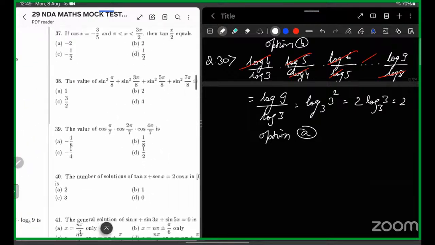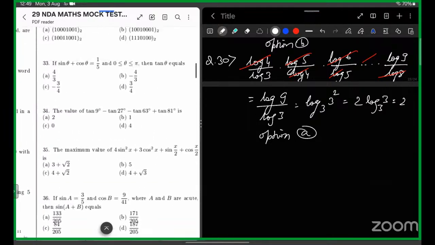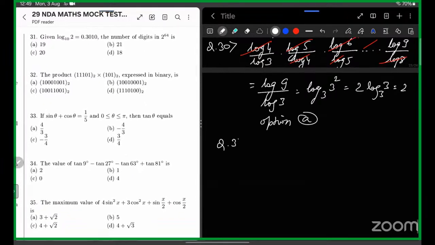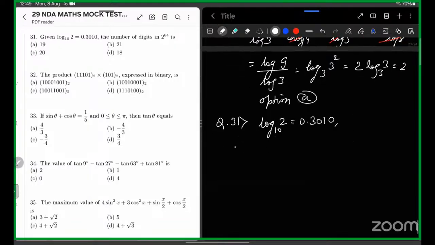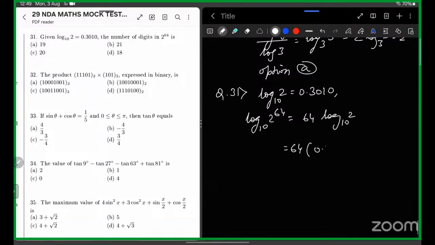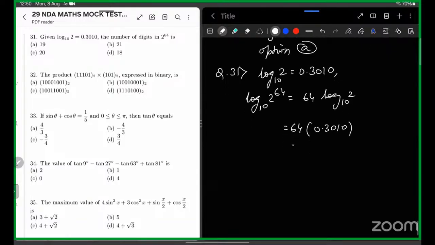Next, 31. Log 2 to the base 10 they are given at 0.3010. We have to find the number of digits of 2 raised to power 64. So apply log first, 2 raised to power 64 to the base 10. So we are going to get 64 log 2 to the base 10. So that is equal to 64 into 0.3010. Multiply it, you will be getting